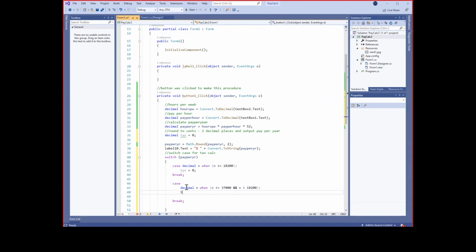And the tax then, remember, at that point our algorithm told us was 19% of anything that's over 18,200. So that was this logic here. Pay per year minus 18,200 times